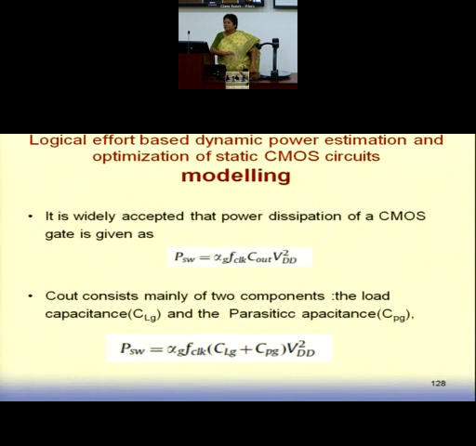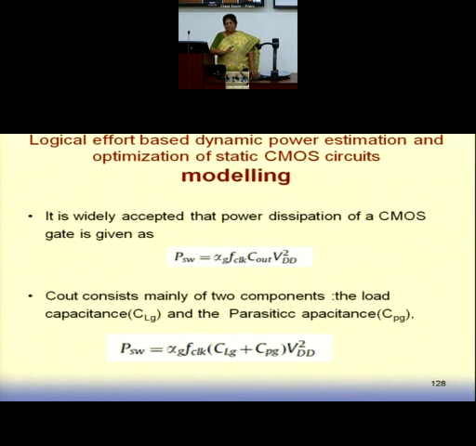Just as we were getting normalized values of delays over there, we will be developing a model where we get a normalized value of power consumption. As I said, it would be an adaptation of the existing logical effort model. So we start with the normal CMOS gate, and in a CMOS gate we all know that the major source of power consumption is dynamic power consumption. So we will focus on this component.